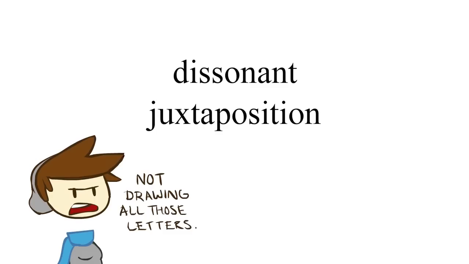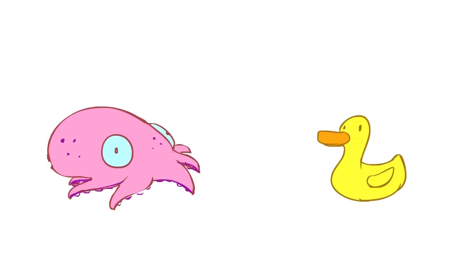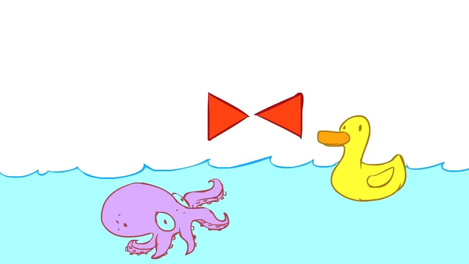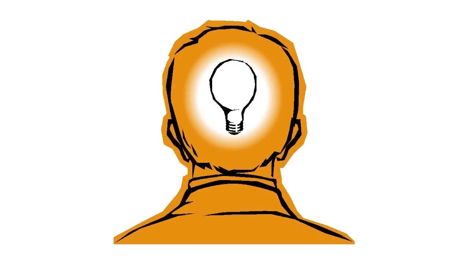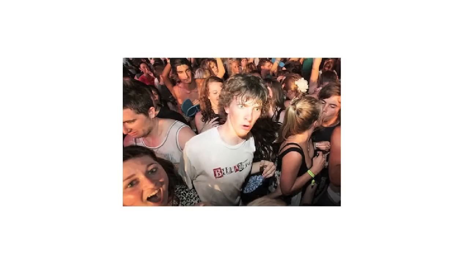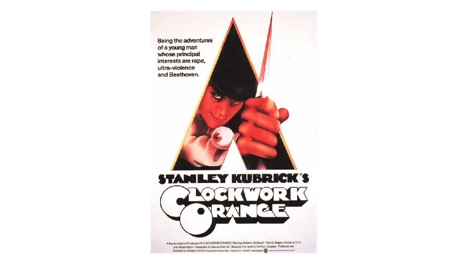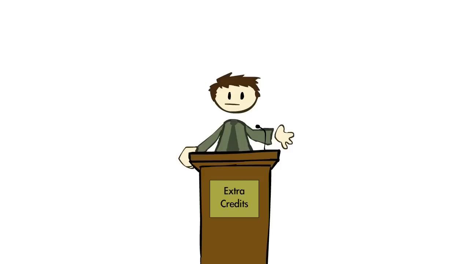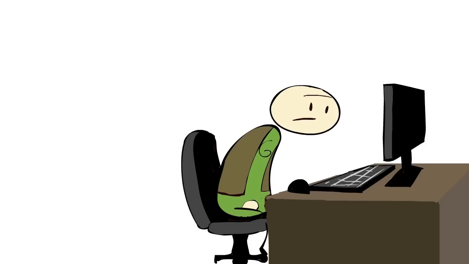Next, I want to talk about dissonant juxtaposition. When you place two things side by side, they provide context for each other. When that context appears to be contradictory, it creates a mental dissonance that the audience has to resolve. It forces us to stop and think. Phrases like "A Clockwork Orange" or "rippling walls" serve this purpose. Bastion actually has a number of good examples of word choice if you're looking for examples. So long as meaning inheres in this juxtaposition, it'll not only give you a cool phrase, but also force the player to pause and process what you're trying to say.